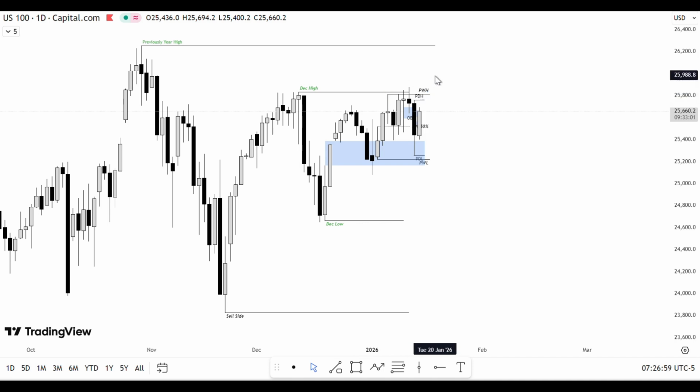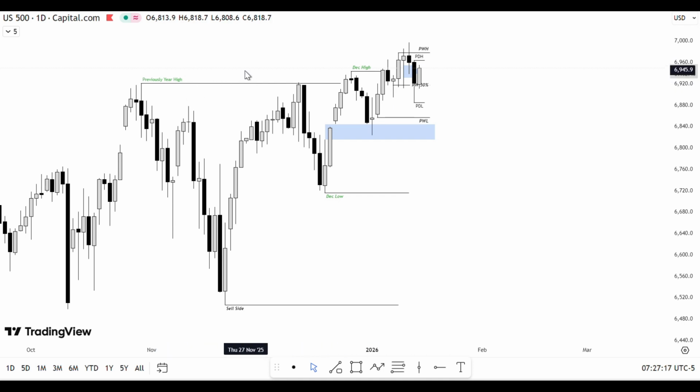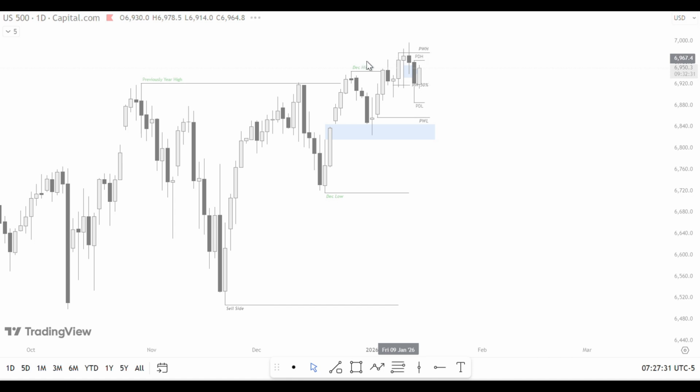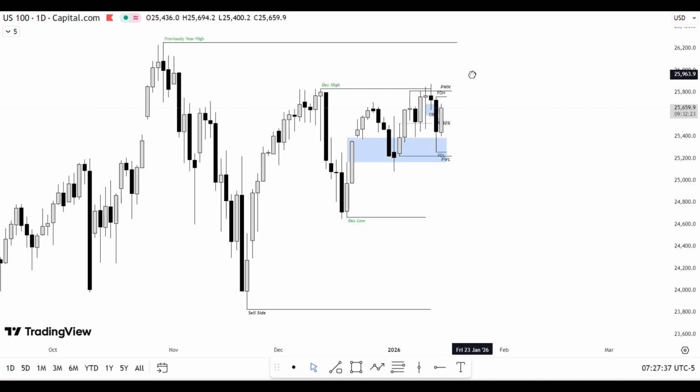My expectation for the upside is to take this December high a little bit deeply, like this is a small shallow run, but we need at least the candles above, and then the previous yearly should not be jagged. But on ES, if you see, already the work is already done here, right? But if you see this previous week high, December high, it's checked already here. But for here in the US 100, it is not, it is still.